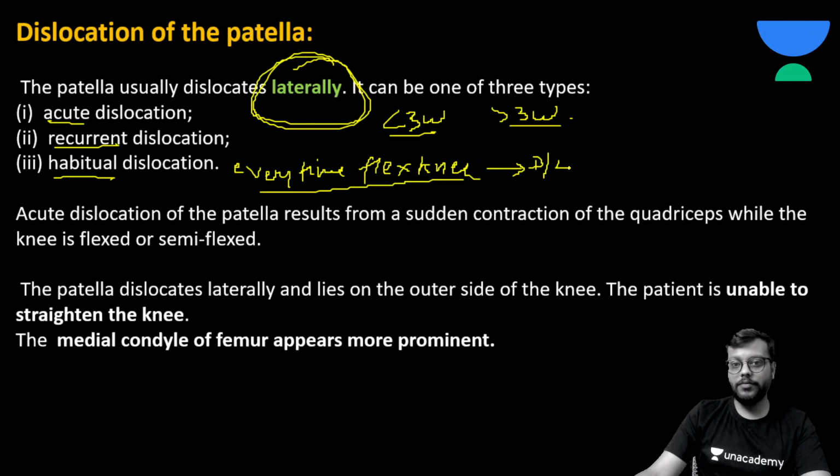Whenever you flex the knee there will be dislocation, so it is called habitual